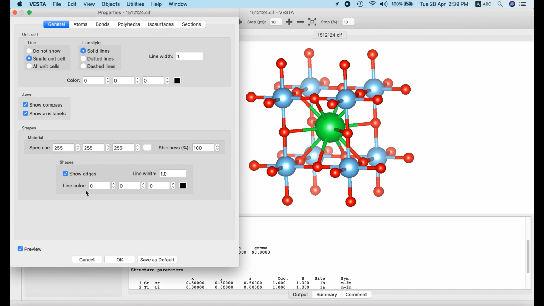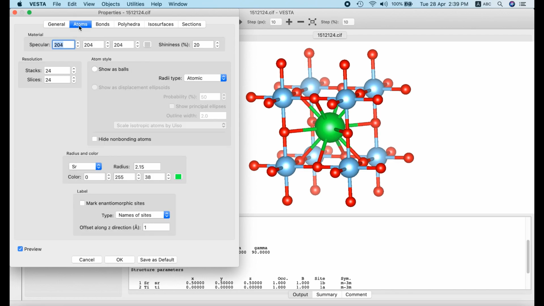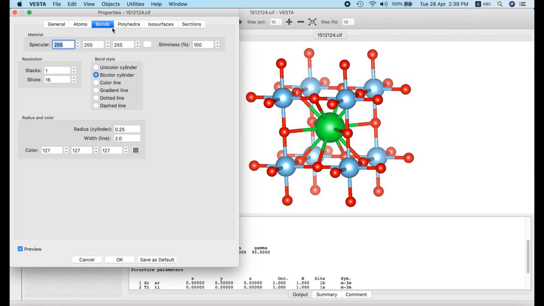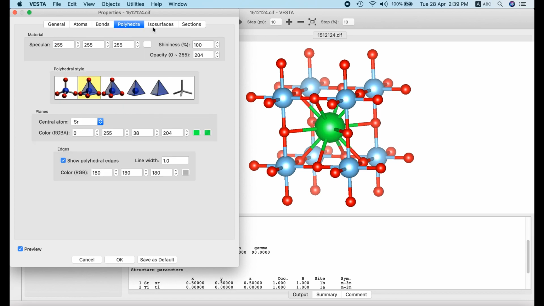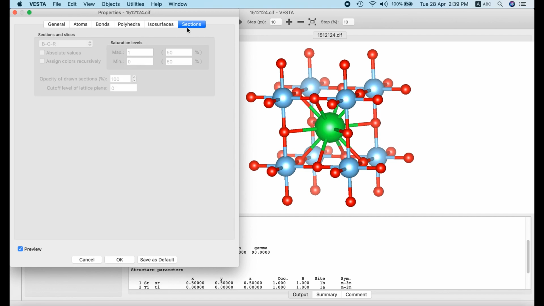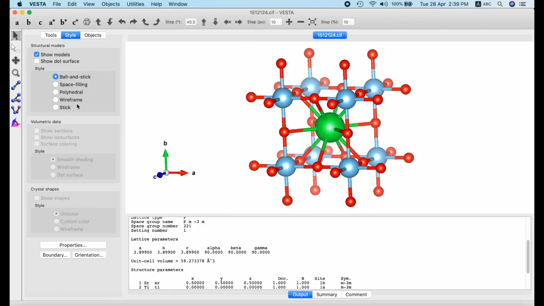Then if you go to properties, I can check the properties of atoms, their colors, bonds, how they are going to be displayed, then polyhedra information, how it has to be displayed. If I change the way polyhedra is displayed, I have to switch to the polyhedral type of bonding, and you can see there is a change in the type of bonding displayed.